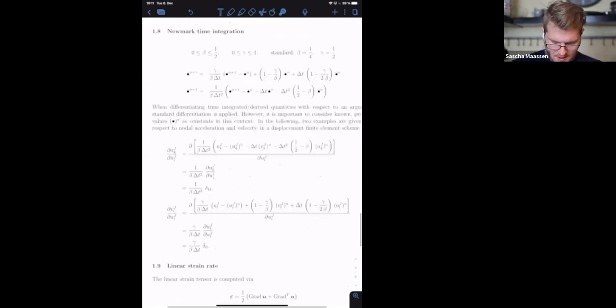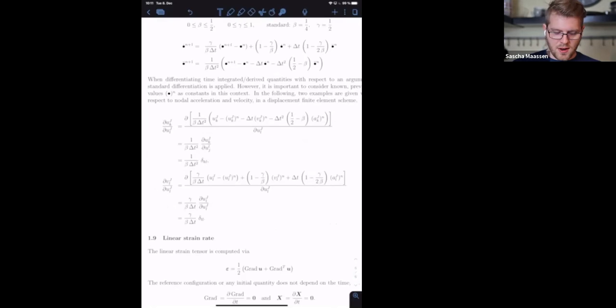Also, last time we have talked already about the differentiation of our nodal acceleration with respect to our degrees of freedom, because we needed that in our derivation. And I asked you guys to make this differentiation here for the nodal velocities with respect to the degrees of freedom. So this time this is given here so that you can benchmark or correct your derivations,